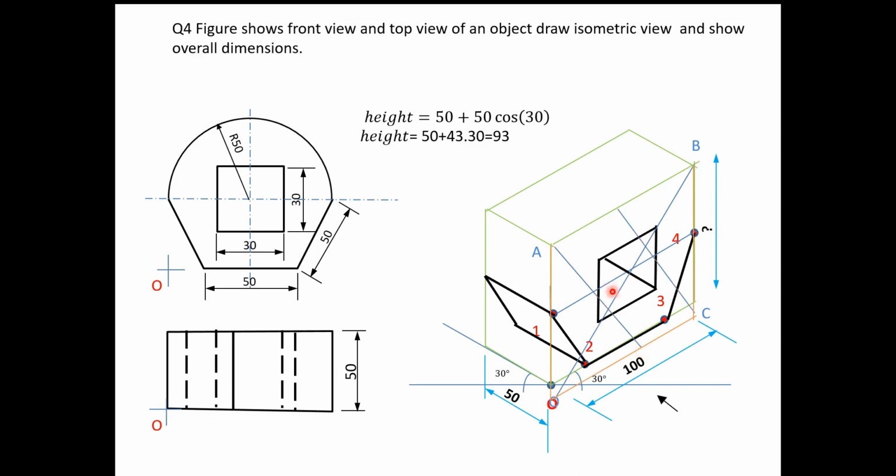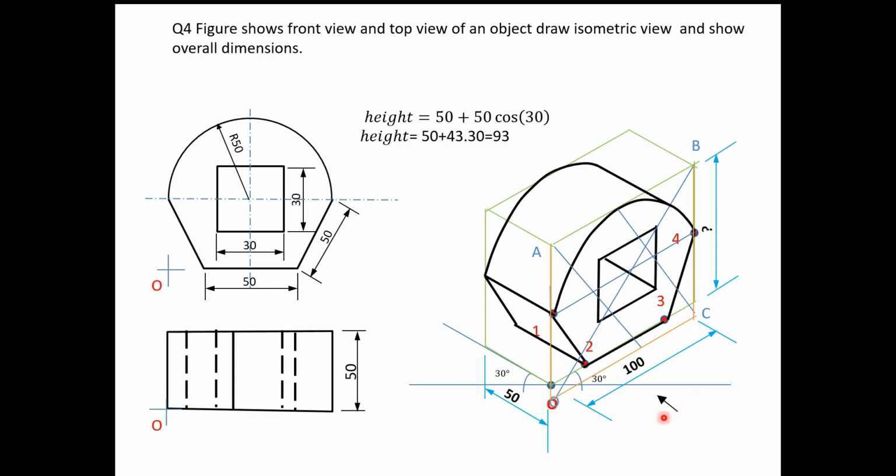Now what do we get? Here we get the radius. This much is the radius, and this is the center, rotate an arc like this. The second center is this, and this much is the radius in the compass, a small radius, and with this as the center, rotate an arc and complete this. Similarly, we have to draw this semicircle parallel to this. How are we going to draw? We shift this center and this center by a distance of 50 mm and rotate another arc, and at the end you have to join the tangent here. This way we completed the problem.